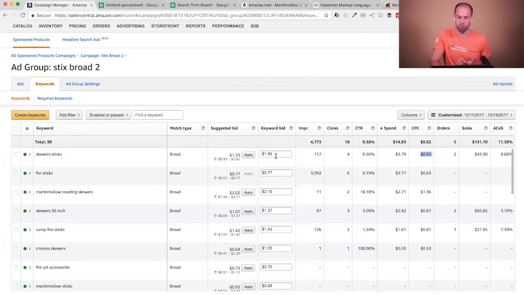Right. And the keyword bid is the maximum amount that you're willing to spend. So the reason that we got charged 95 cents was probably because someone else was bidding like 94 cents or maybe even 90 cents or something. I don't know what increment they go up, but someone else probably was bidding 90 cents. Since we were bidding $1.56, they charged us 95 cents for someone to click on this particular ad that was shown with this keyword